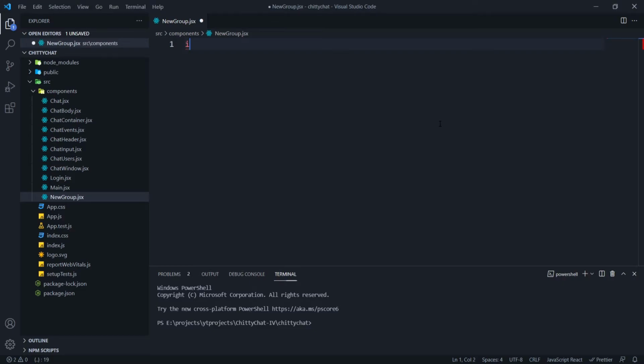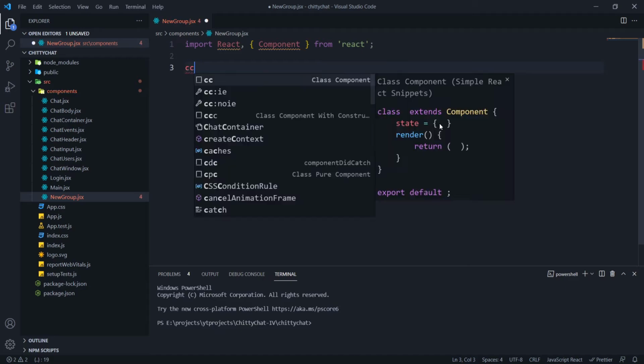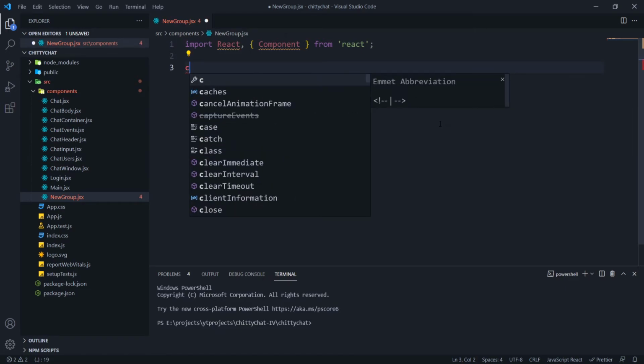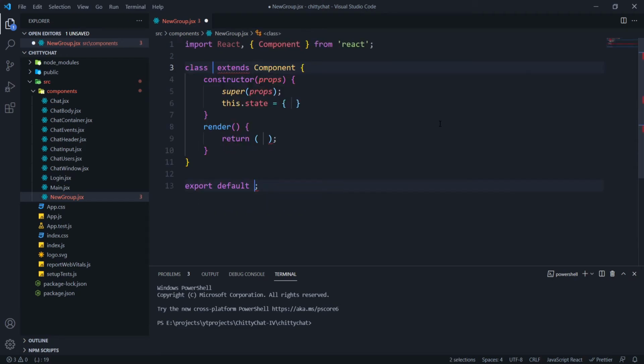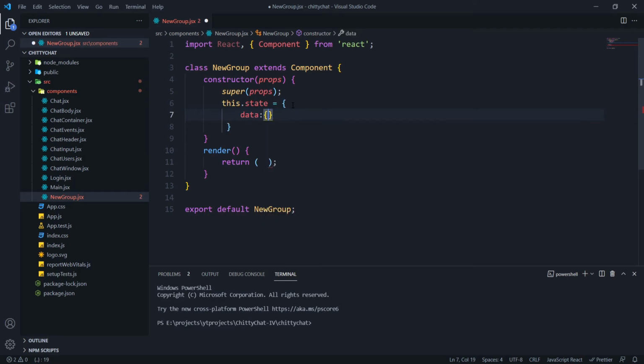So what do we want over here? I'm going to say IMRC, obviously, because now we are working with a React component. And also CCS, I believe. CSS, what was it? CCC, yeah, class component constructor. So I want this to be named as new group, right? Same as our file name. That's great. So inside our state, we want a property called data,